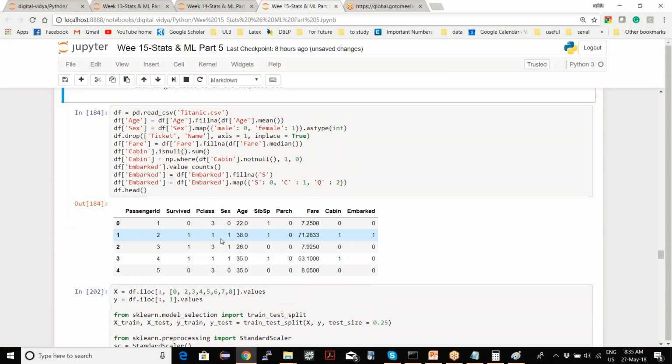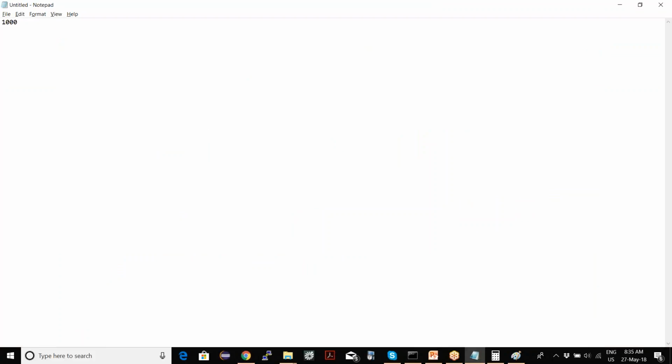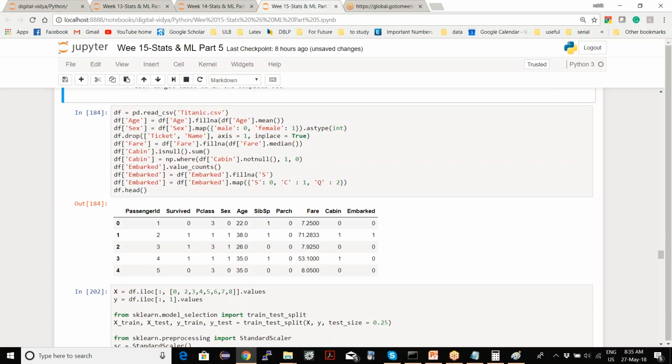If I say 10-fold cross validation, it will divide it into 10 parts. Each part will have 100 rows in it, so it will be 10 times 100 samples.